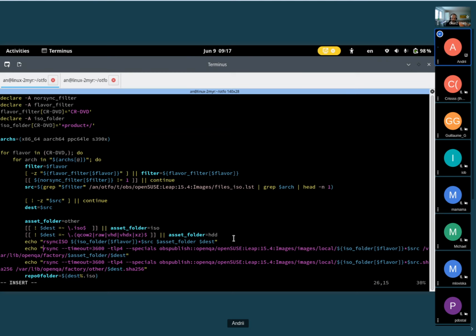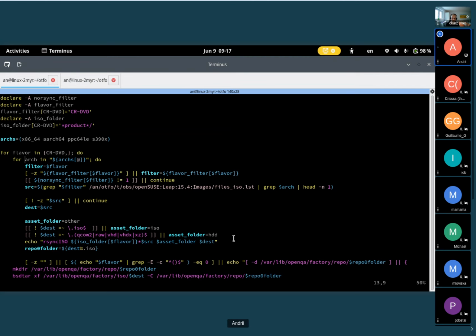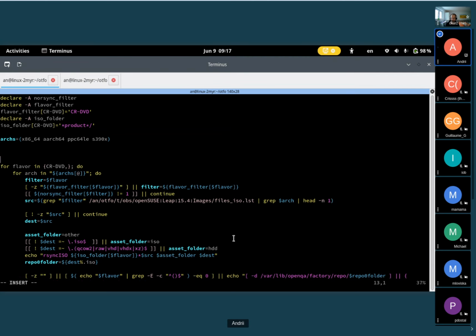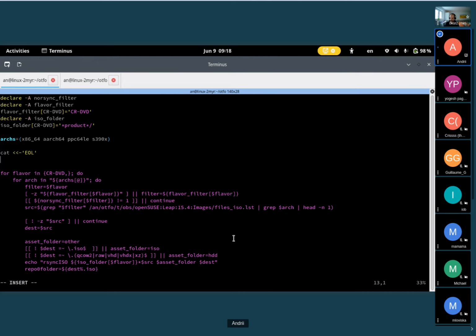We don't need this anymore. And instead we will create some function at start. So it will be something like... Yeah, so obviously you need a bit of bash to do with this, but the good thing is that you can safely experiment